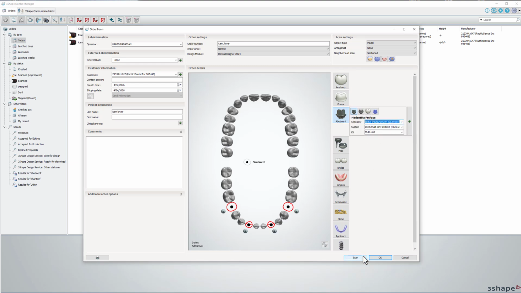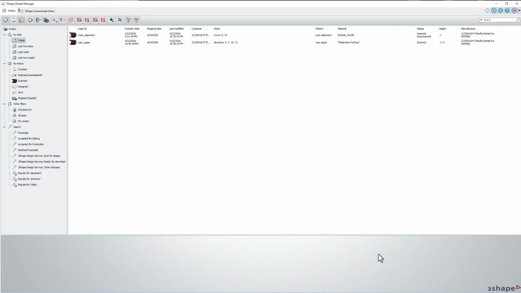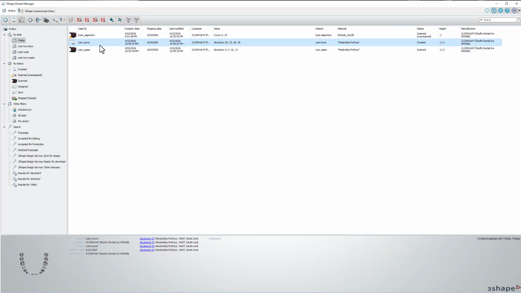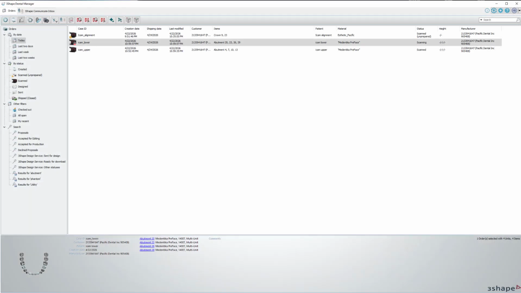Sure, so it doesn't ask us, group it, hit OK, don't hit scan. And again, I'm going to import the scan. I'm going to navigate to now the lower. I apologize, import the lower scan from that Icam folder